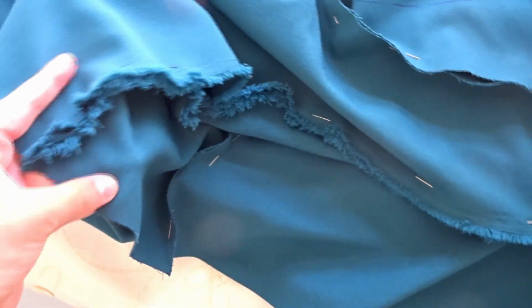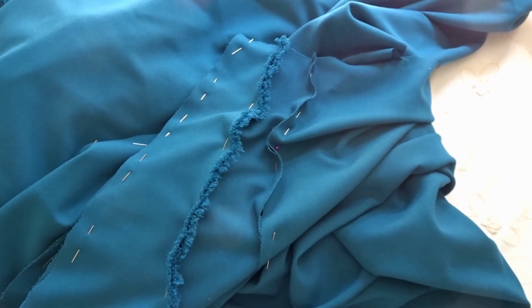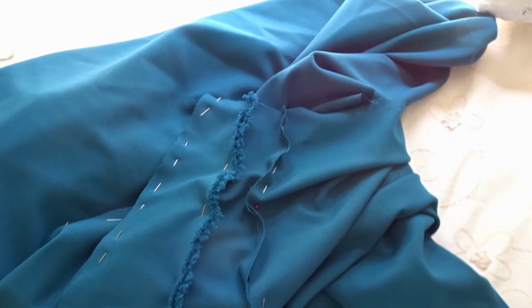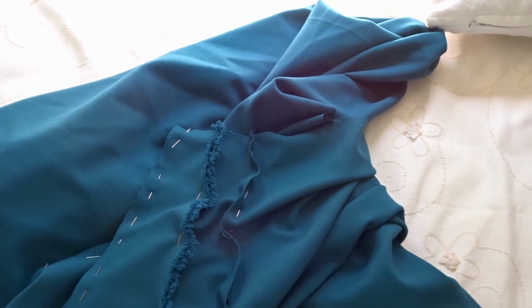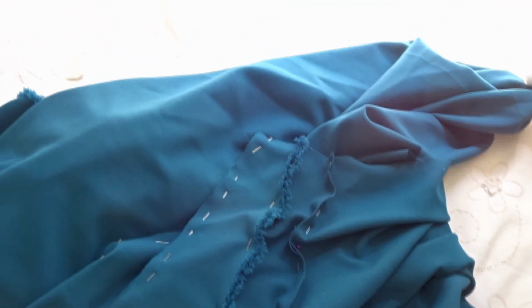I wanted to show you all the seams are put together with pins right now. It's just pinned. See what I mean by the gores with the selvage? This is, I believe, the bottom of the gores. Yes, that's the bottom, and this is the top of the gores. I'm gonna running stitch this together because these seams really don't need to take that much strain. So I'm just gonna running stitch this with some waxed silk thread,